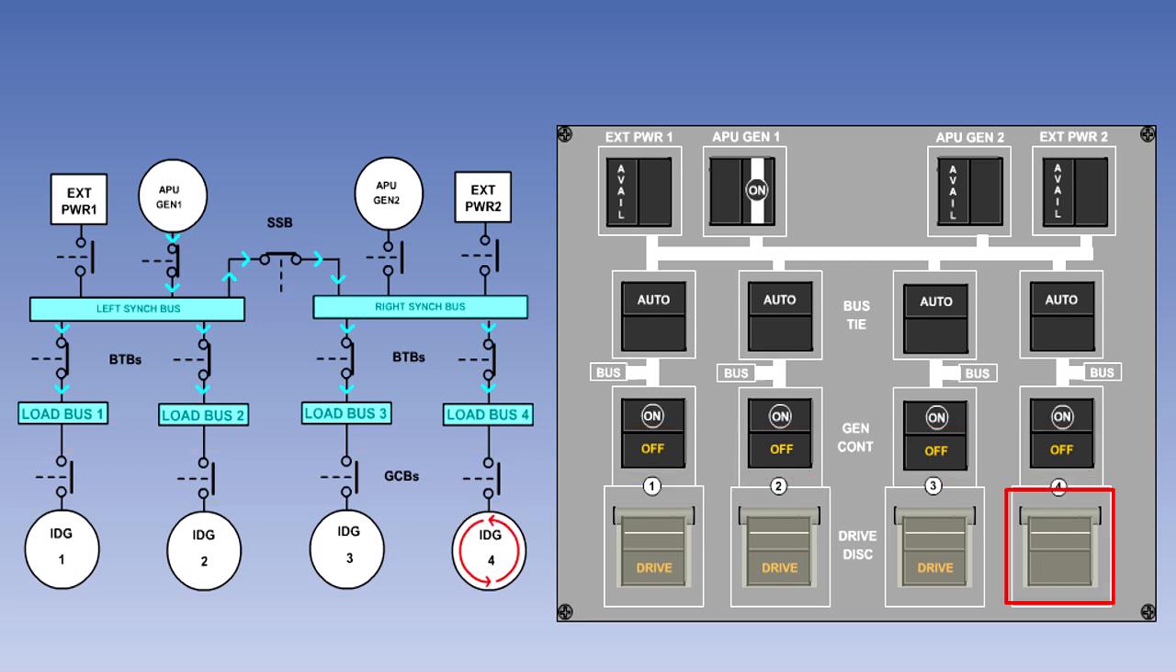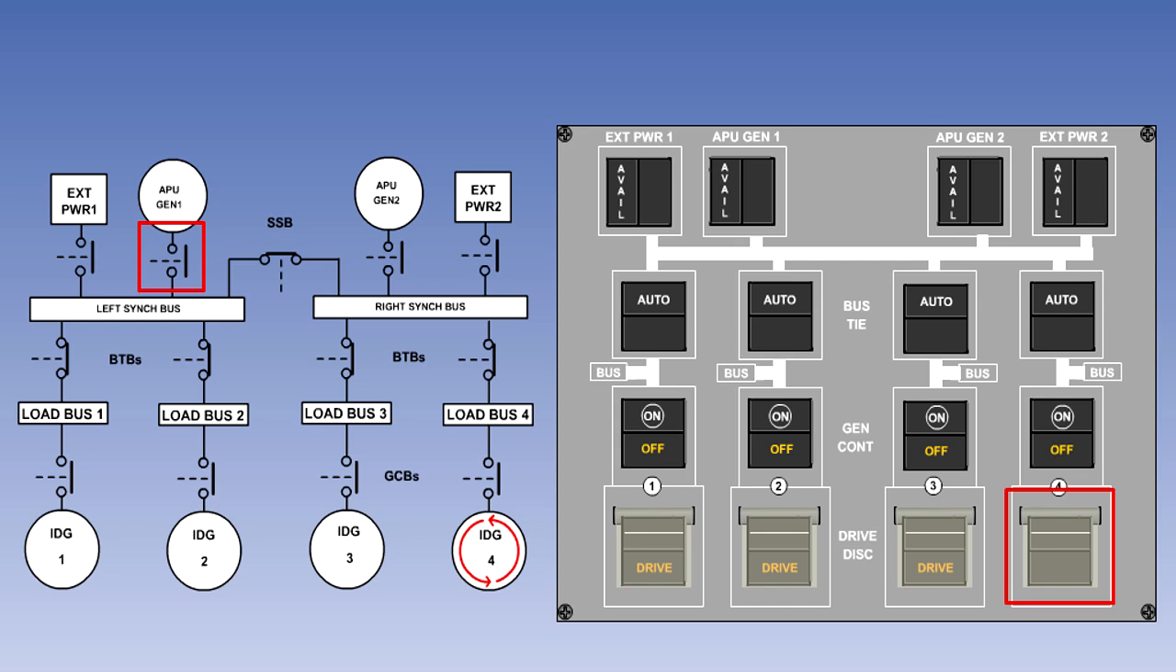The pilot will first start number 4 engine. As the engine accelerates and the IDG begins to rotate, the IDG oil pressure will rise and the drive light in the disconnect switch will go out. When the generator output voltage and frequency are within limits, because the APU generators or external power cannot be operated